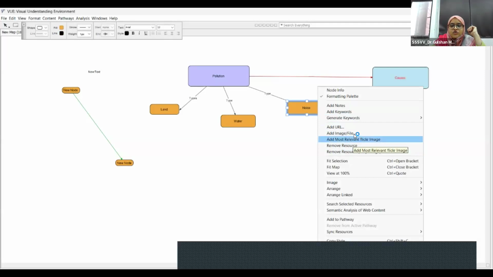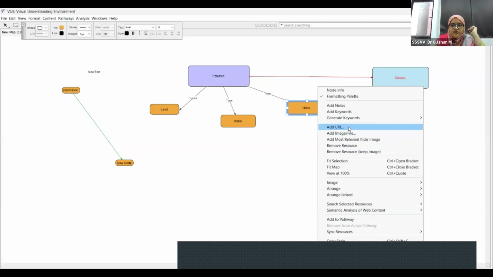And if you want to remove a particular resource, then you can remove the resource as well. So there are options for adding additional content into your concept map in the form of nodes, keywords, URL, image file. I'll show you one example.